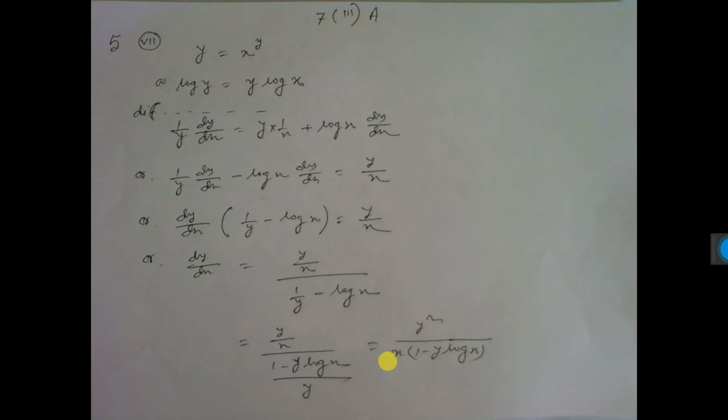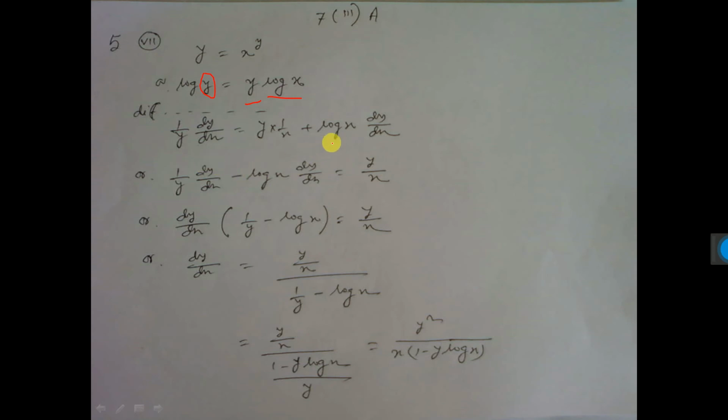Next, this one, without taking logarithm, this function cannot be differentiated. Both sides you have to take log. Then log y equal to log this. Now log this means this power x to the power y, that will jump and come front. Then this side u into v. So log y differentiation 1 by y into dy/dx, because y we consider as x. Log x differentiation 1 by x into again dy/dx. Y into log x differentiation 1 by x plus log x into y differentiation dy/dx.